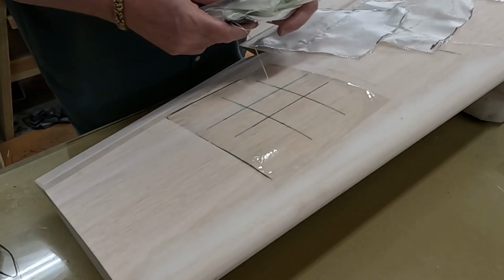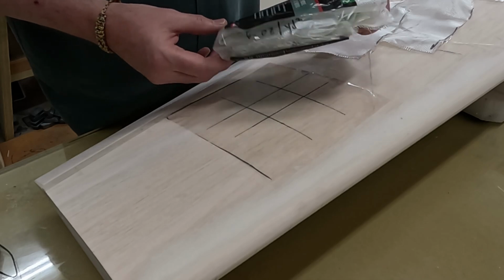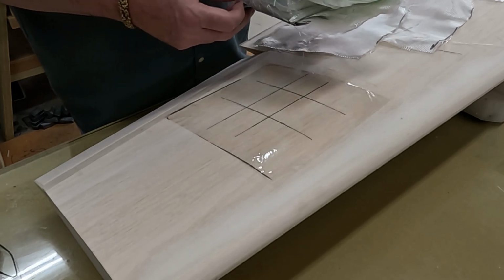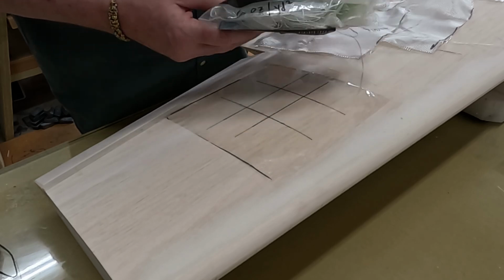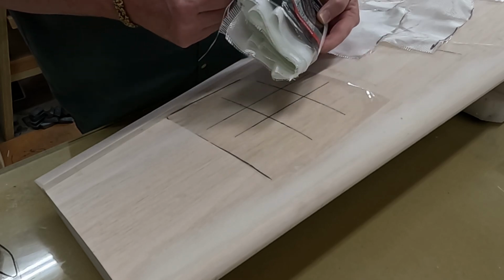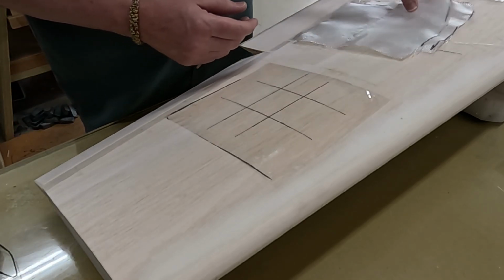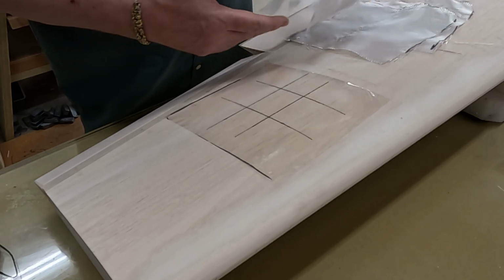For the fiberglass, I'm going to be using some of this Bondo fiberglass cloth. I think it's really intended for auto and marine applications. It's a little bit heavy. I'm not sure the exact weight of it. I weighed it with my gram scale, and it says it's 8 square feet. And if I did the math right, it comes out to about 6 ounces per square yard. It's pretty heavy. So I'll be using 2 layers of that and then 1 layer of 3/4 ounce